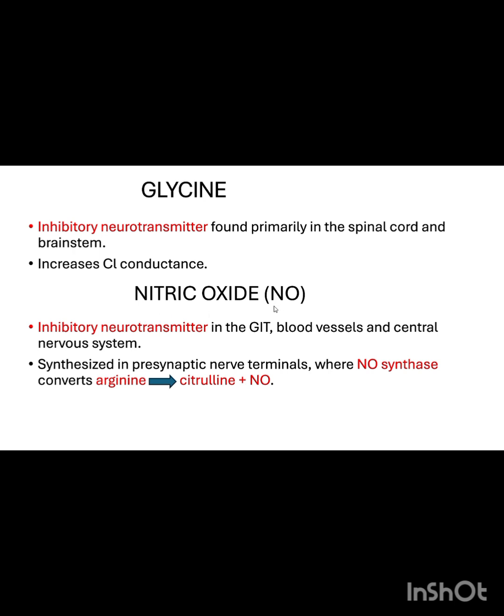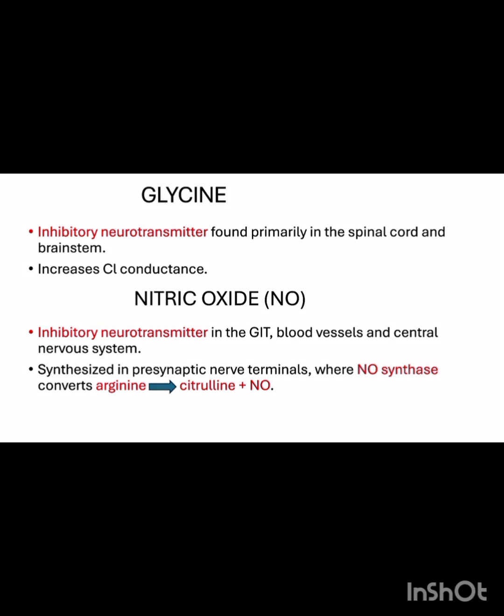And the last inhibitory neurotransmitter is nitric oxide. So it is the inhibitory neurotransmitter in the GIT, blood vessels, and the central nervous system. How is it synthesized? It is synthesized in the presynaptic nerve terminals, where the enzyme nitric oxide synthase converts arginine into citrulline and nitric oxide. This nitric oxide is actually a permeant gas that diffuses from the presynaptic terminal to its